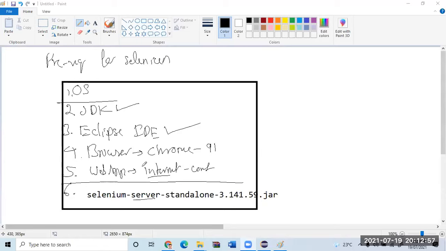This is not enough. One more thing is required for Selenium. Let me show you the problem, then I'll tell you why it is required. One more software is required. I will tell you what it is. Observe. What is the extension of the Selenium software? Jar. I hope you know the full form: Java archive. When I say archive, it is something like a zip file, a compressed file they have given here. Let's see how.